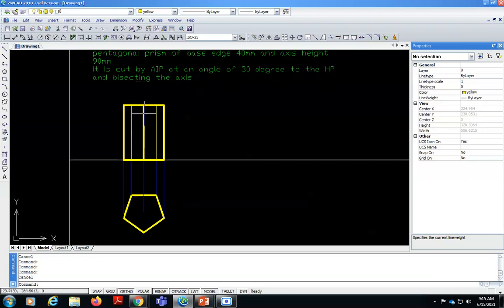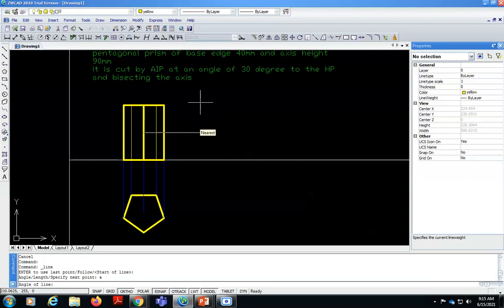That means from the center of this axis, one auxiliary plane is passed which is cutting this prism at an angle of 30 degrees. So we need to draw a line at an angle of 30 degrees passing through the center of this axis. Use the line command. It is the middle point of this axis. Here we need to specify the angle, A for angle.